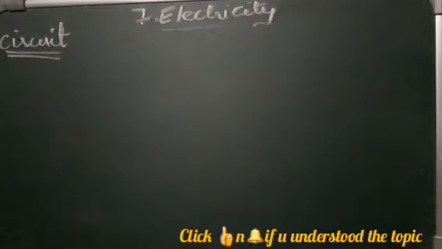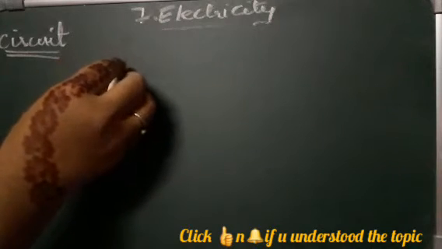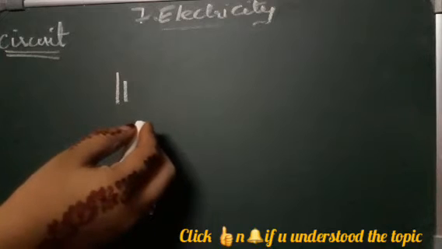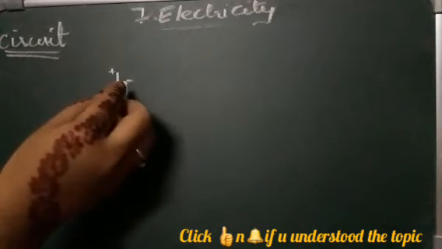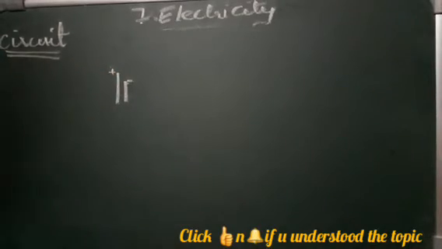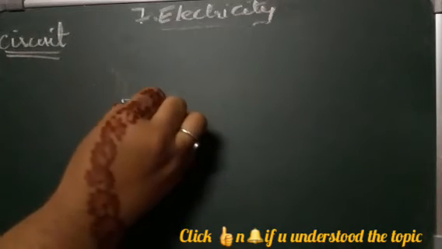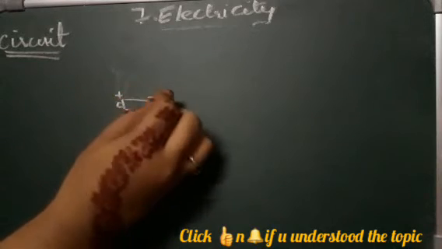A bulb, battery, and switch are connected. How are they connected? What we are going to do is first take a battery. This is your positive end and this is your negative end. Or simply, if you draw with pictures, how are you going to use it? Suppose you are taking a battery. This is your battery, this is your positive end, this is your negative end.